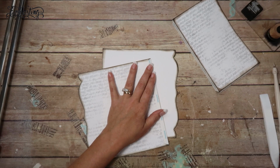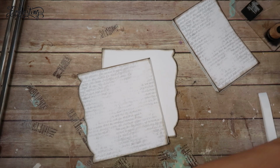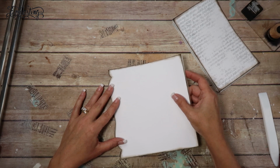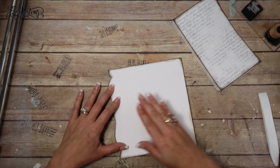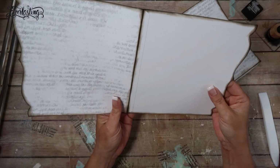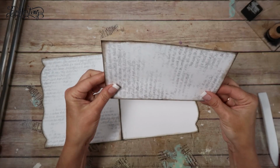So what I'm going to do is remove the backing of the tape, a little bit of glue stick, and then I think I'm going to lay it down where it matches almost exactly, and then hope for the best. Alright, how'd I do? Like, I even already pressed it down, so it doesn't really matter, does it? Alright, look at me. I did good. It's perfect. Okay, so this is going to be a flip out page like this,